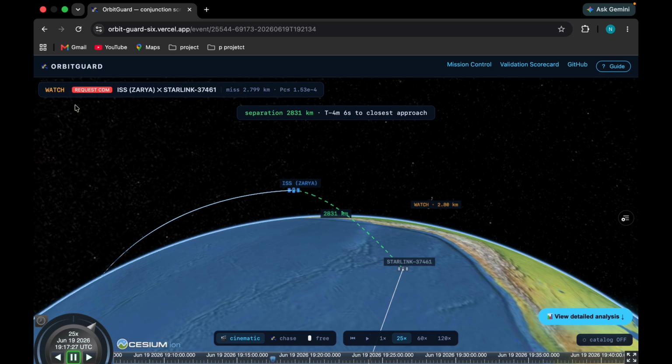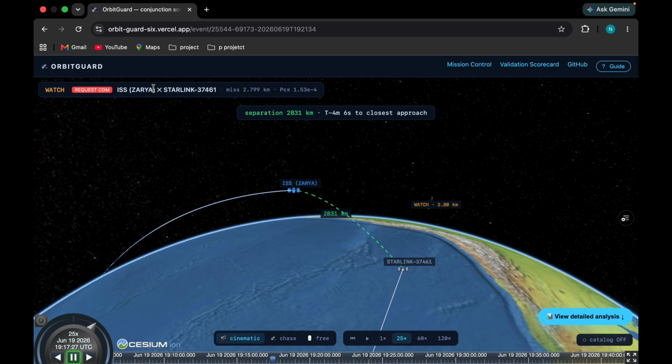This one is the watch, amber, and it carries a red request CDM chip. Here is what that means, and it is the most honest part of Orbit Guard. Public tracking data does not come with an error estimate, so for a pass like this, we genuinely cannot compute a precise collision probability. So instead of just inventing a number, Orbit Guard tells you, the operator, exactly what to do.